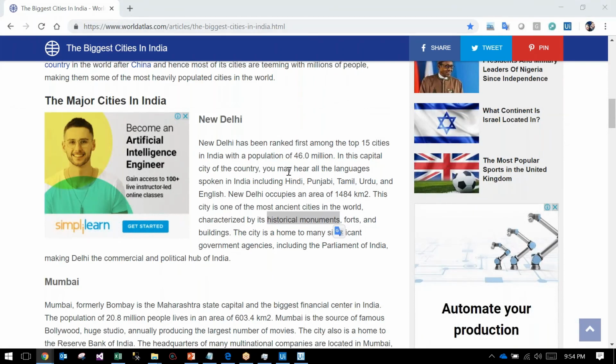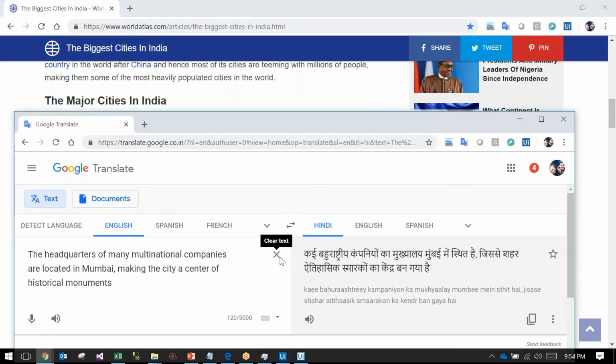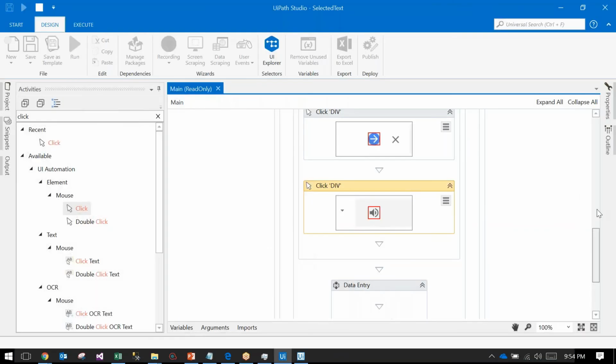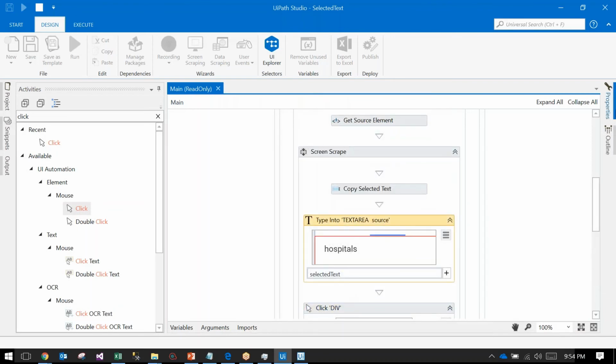So you can do such kind of things. If you want to clear the typed text, you can press this button before typing. Basically it has to clear, so we make the empty field.